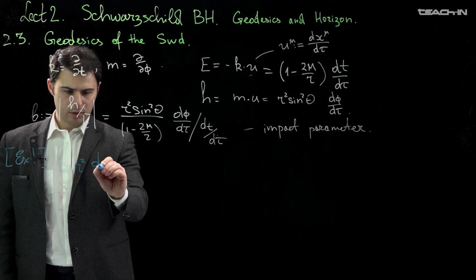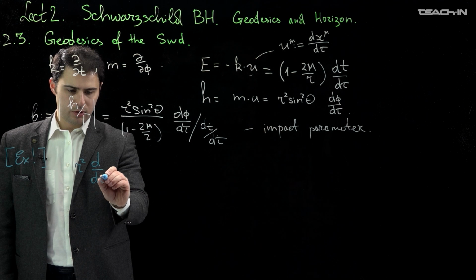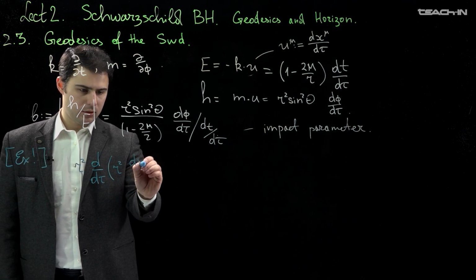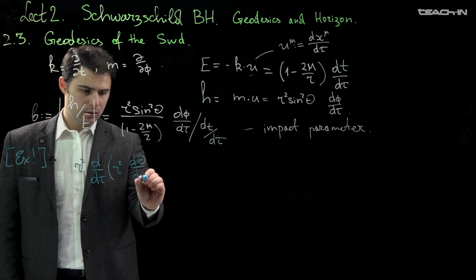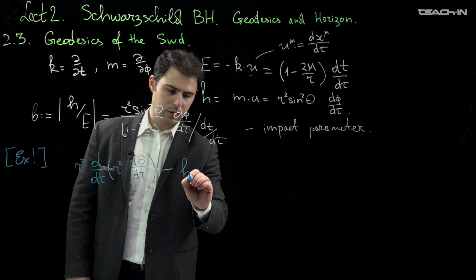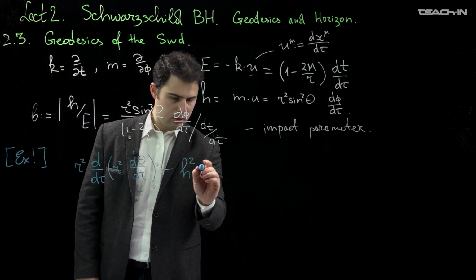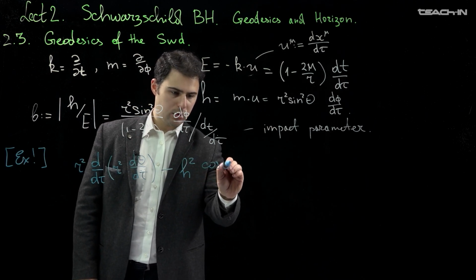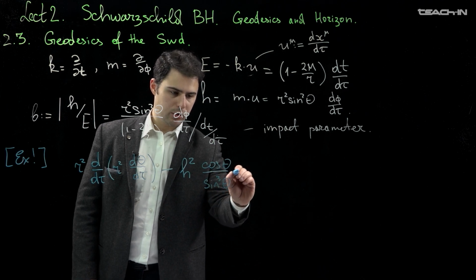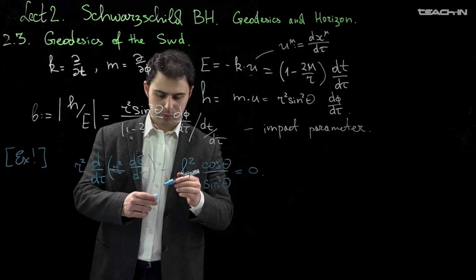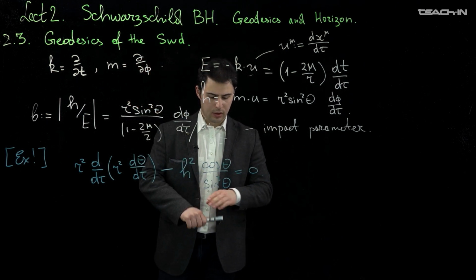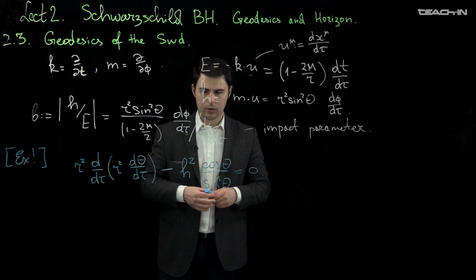r squared d/dτ (r squared dθ/dτ) minus h squared cosine θ sine cubed θ equals 0. So one can